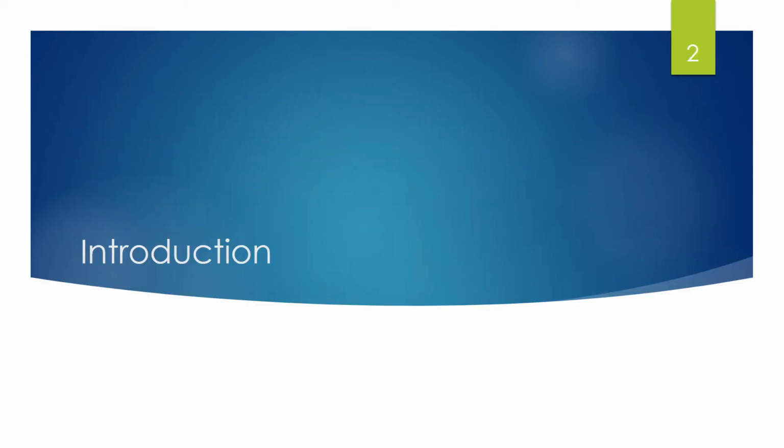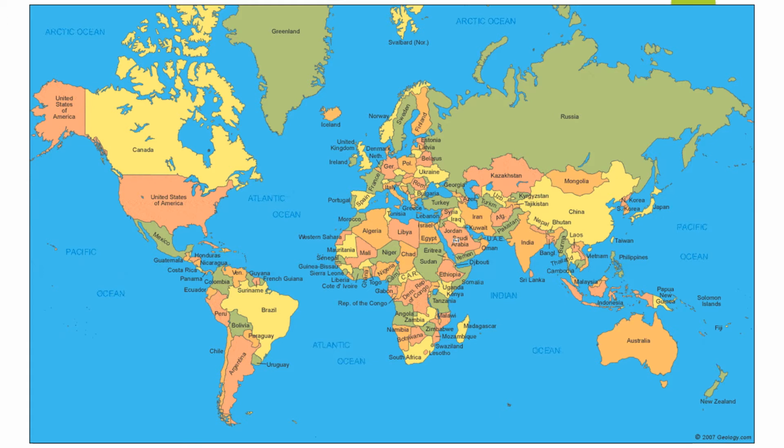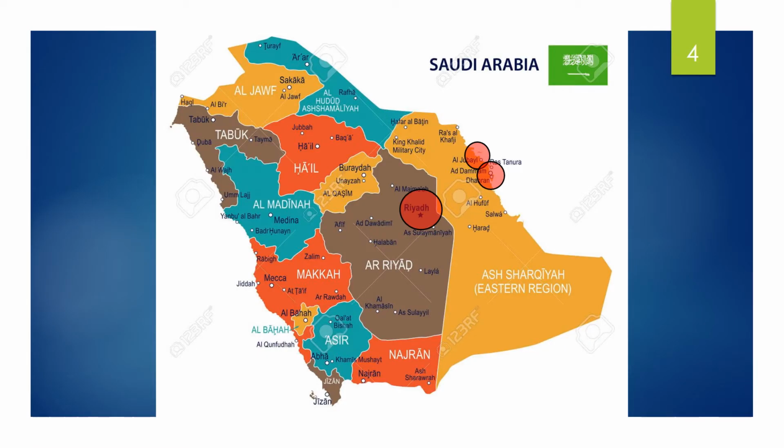To start this presentation, in 2016, the World Health Organization estimated that about 7 million deaths worldwide were attributed to air pollution. And this makes air pollution the fifth leading cause of global mortalities. And out of more than 3,000 cities studied by the WHO, 3 cities in Saudi Arabia were ranked amongst the top 15 most polluted cities in the world. And this is in terms of particulate matter. Those cities are Riyadh, Jubail, and Dammam, with levels more than 10 times the World Health Organization recommended standard.